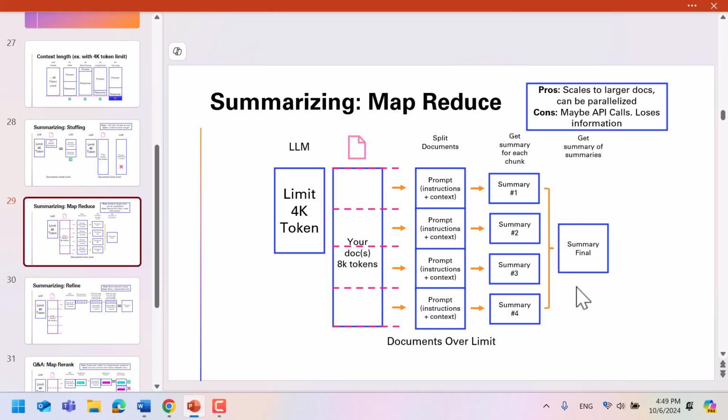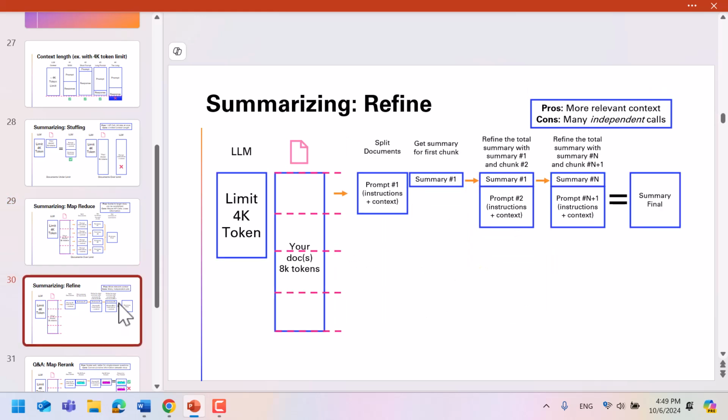That's quite performant, because it could be parallelized. So in terms of speed of the response, you can have a fairly quick response. You can parallelize all of the summaries and then just get this final summary once all of those summaries are done. So that is one method. But you may also be losing some information when you do that, because some of the context might be in one of the sections, some of the context might be in another section, and so it might not work ideally for such a thing.